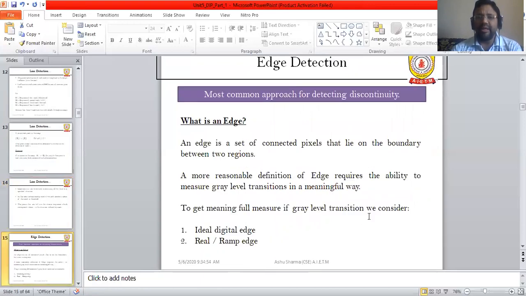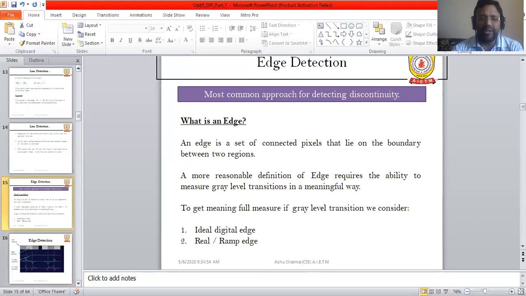Now next is the edge detection. What is an edge? This is the most common approach for detecting discontinuity. An edge is a set of connected pixels that lie on the boundary between two regions. A more reasonable definition of edge requires the ability to measure gray level transitions in a meaningful way. To get meaningful measurements of gray level transition, we consider the ideal digital edge and the real ramp